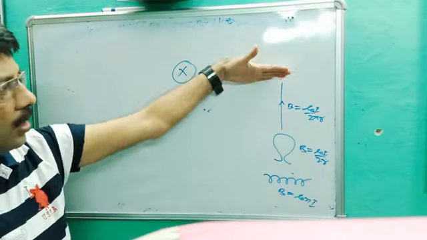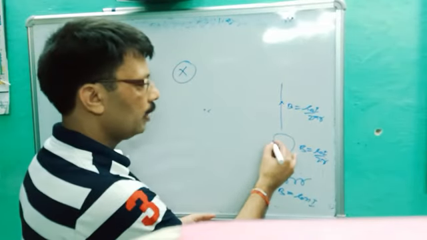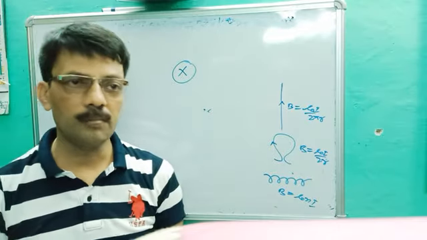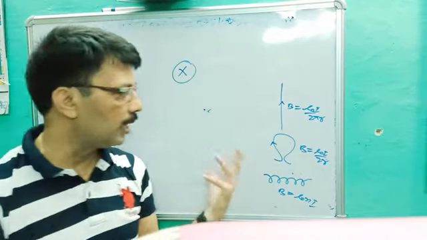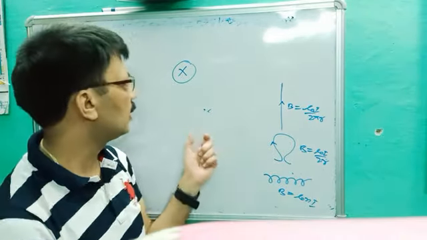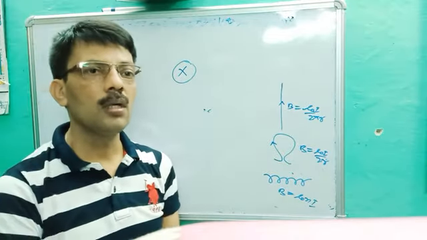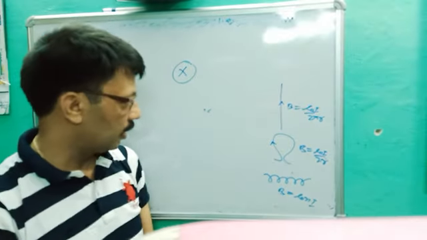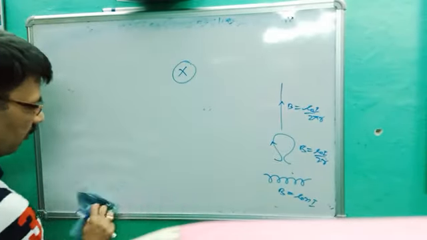Once again, the magnetic field due to a long straight wire, the magnetic field due to a circular coil, and the magnetic field due to a solenoid, and there is a comparison between a bar magnet and a solenoid, some similarities and some dissimilarities. All things are taught. Okay, so this is all about your right hand thumb rule. Now today's lecture is Fleming left hand rule.